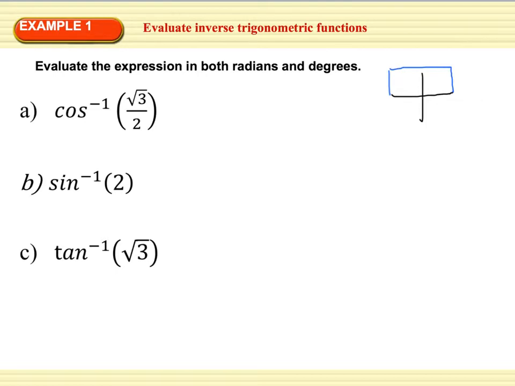Now more specifically, when we're given a positive cosine value, remember cosine is our x coordinate of a coordinate point, we know then that we're more specifically going to be looking at this first quadrant right here. So at what radian measure can you take the cosine of, and it will give you the square root of 3 over 2? Please pause the video, think about it, try to figure it out yourself, and then hit play